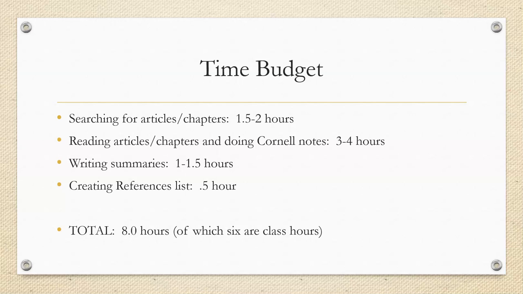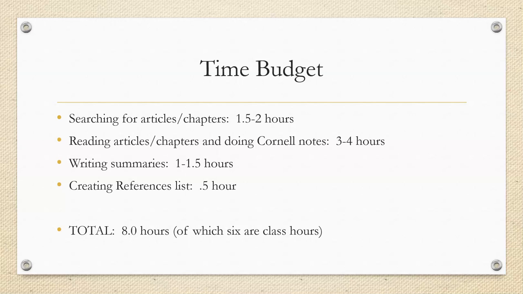You're then going to be writing your 3 summaries. And for that, I'm saying you need about an hour to an hour and a half. Remember that you're going to be using APA throughout. So you want to make sure that you have your in-text citations at the end of every sentence or embedded within your sentence as you're writing the summaries. And those, again, will be about a paragraph. So if you need a bit of a refresher, go back to last week's videos where we talked about how to write a summary and what a summary should look like.